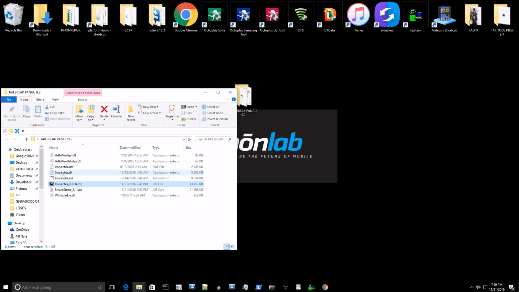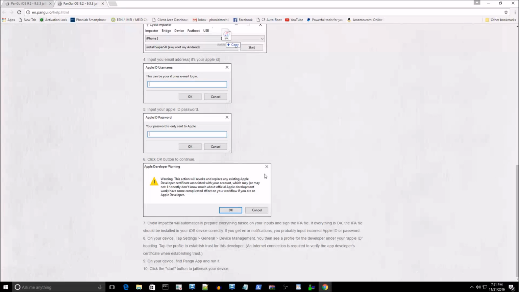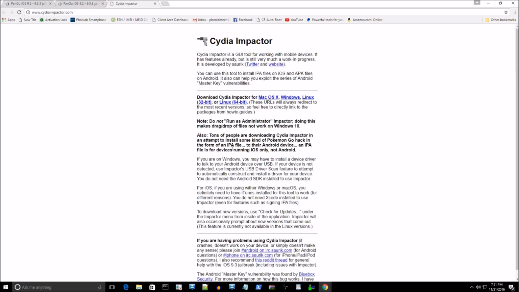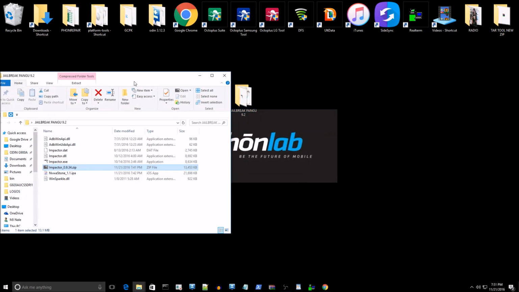What we're going to do here first is run the actual application. It's an exe file here. And just to go back and go over what Pangu does here, this would work on any computer. Now, when you're downloading Cydia Impactor, you do have to choose which computer you're on, whether you're on a Mac or Windows, or if you're really high speed and you're on a Linux device. So anyway, we're going to go back into this folder,